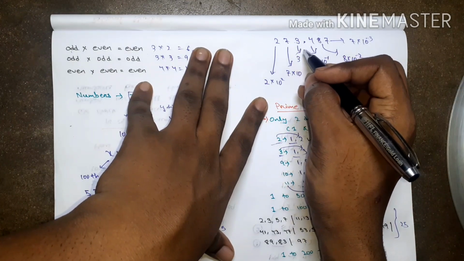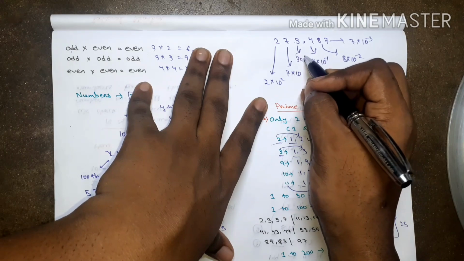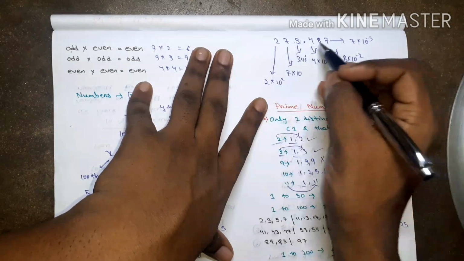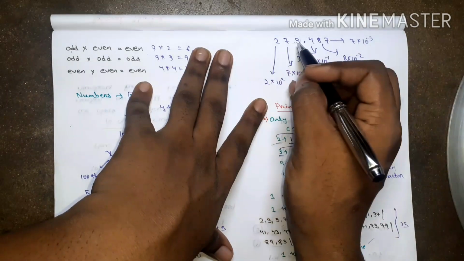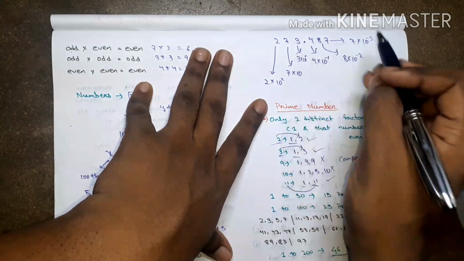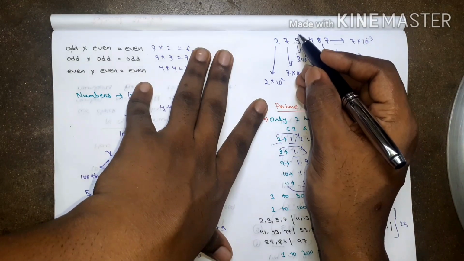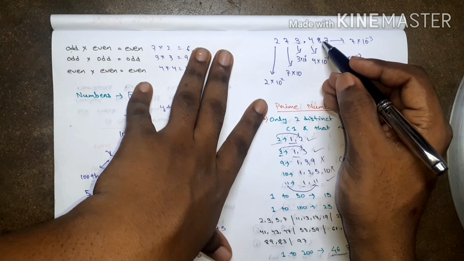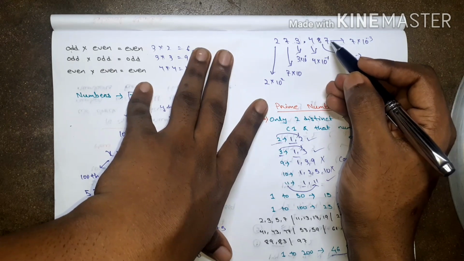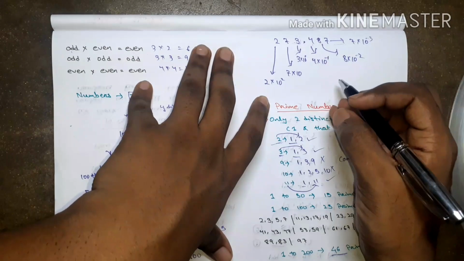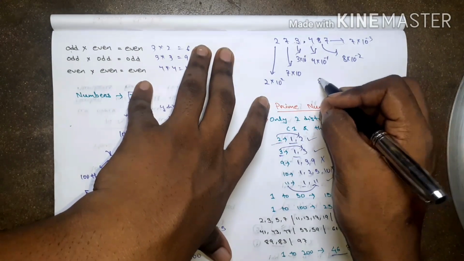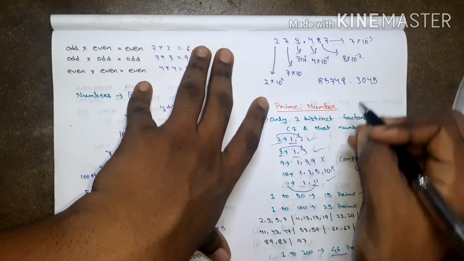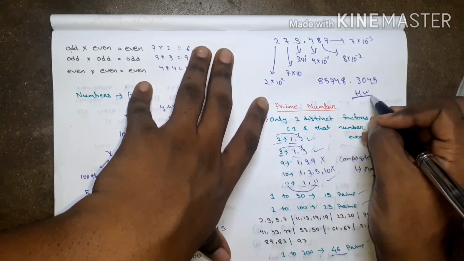Left of the decimal, start from 10 to the power 0. This place is 10 to the power 0, and it increases and it decreases. According to left, it increases. According to right, it decreases. It is 10 to the power 0, 10 to the power 1, 10 to the power 2, then 10 to the power minus 1, 10 to the power minus 2, 10 to the power minus 3. Then find the place value of each digit. It is homework for you.